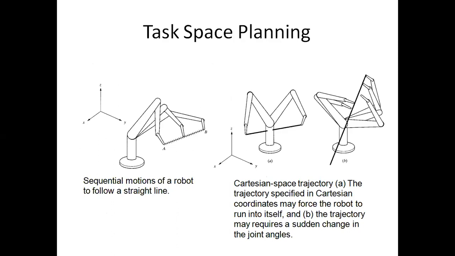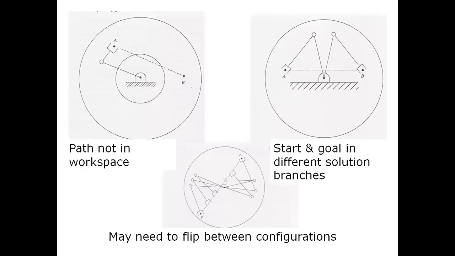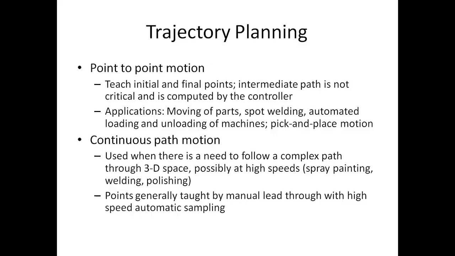Task-based planning is sequential motions of a robot to follow a straight line Cartesian space trajectory, specified in Cartesian coordinates, which forces the robot to run by itself. That is, the trajectory may require sudden changes in the joint angles. So the path is not in the workspace. We'll have a start and goal in different solutions and branches, so we have to flip between the configurations. Whereas in trajectory planning, we have two different types of motions, path to point motion, and we'll have